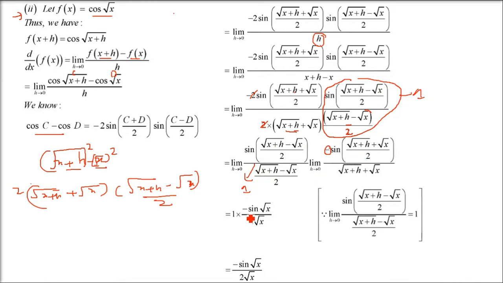What about the plus term? Minus is already there. There is no other term. This sin theta by theta goes to 1. Now h is 0, so applying the limit, we get 2 under root x by 2. Here h is 0, so under root x and under root x is twice under root x. So negative is already there. This is the final term.